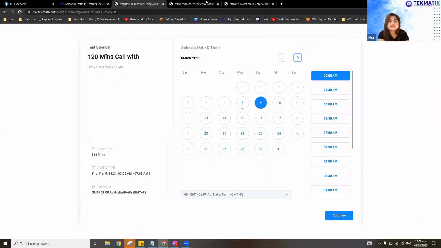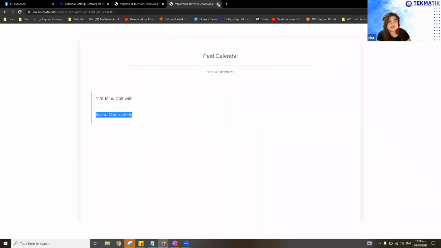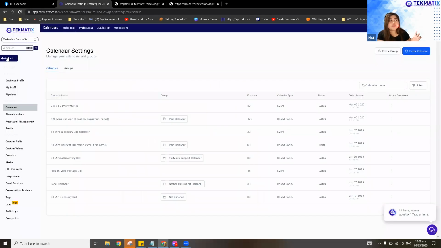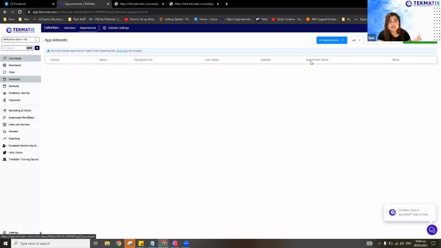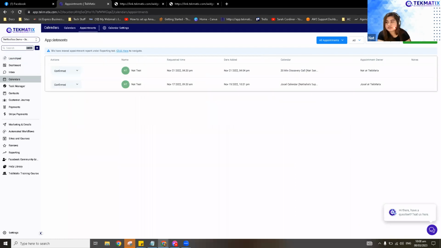But the difference is, as you can see, it doesn't have the group calendar here on top. The calendar name is actually the name of your group calendar, so it will show it here. You can either have the group name with your company name to make it branded to your business and other stuff. So that's just a new update. And let me just go back to the main dashboard to answer Adriel's question.